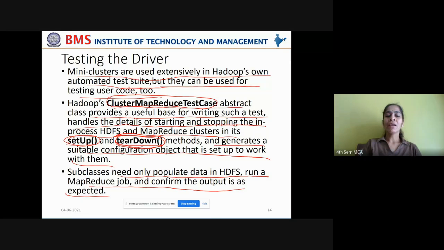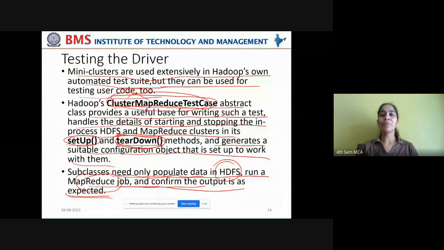The subclasses, meaning the classes that extend this superclass, need only populate data into HDFS, run a MapReduce job, and confirm whether the output is as expected or not. It makes the job easier.